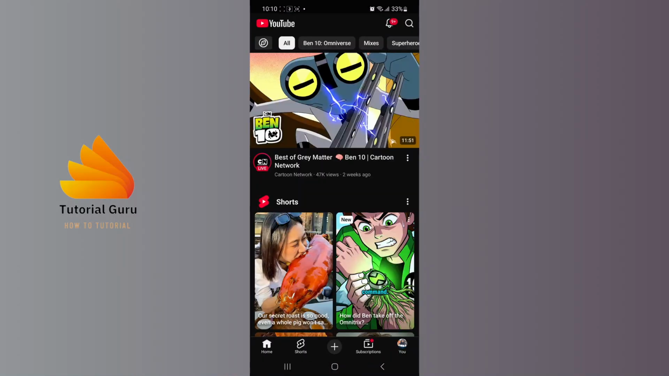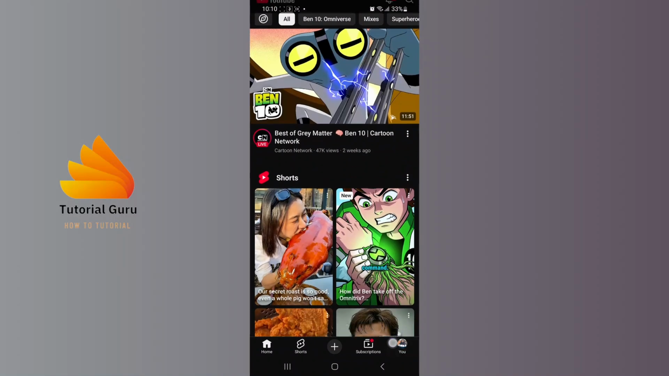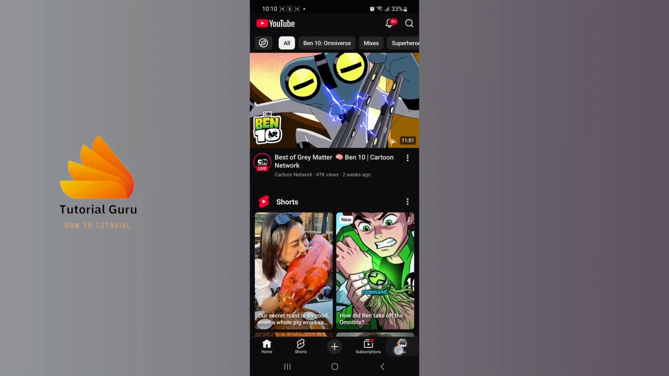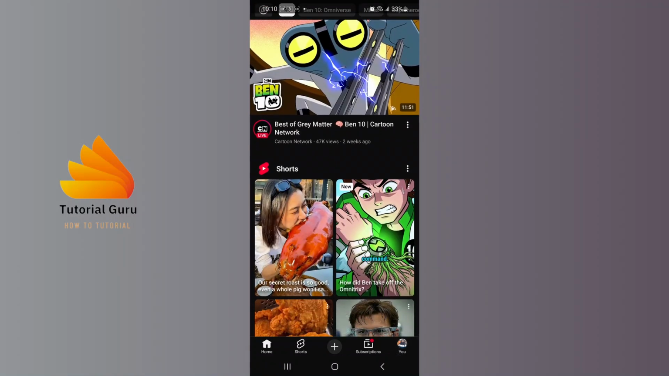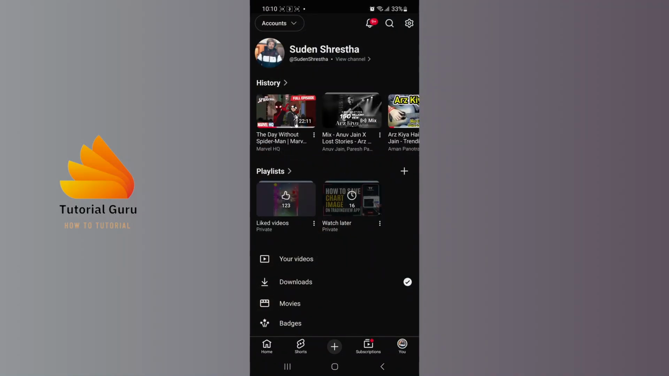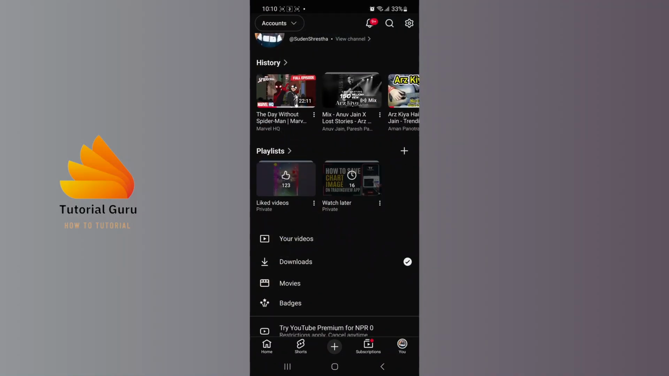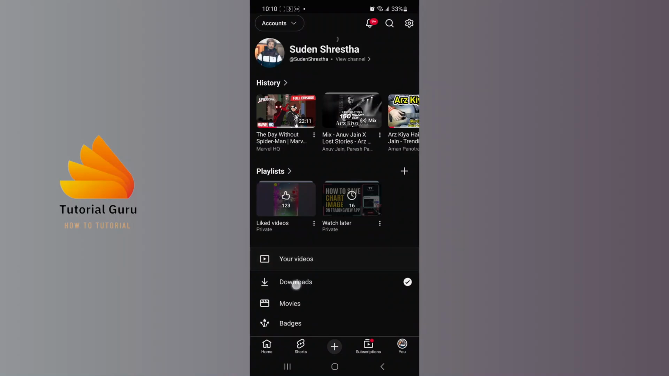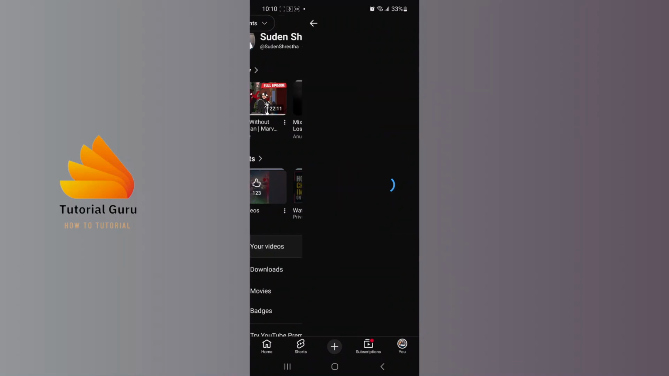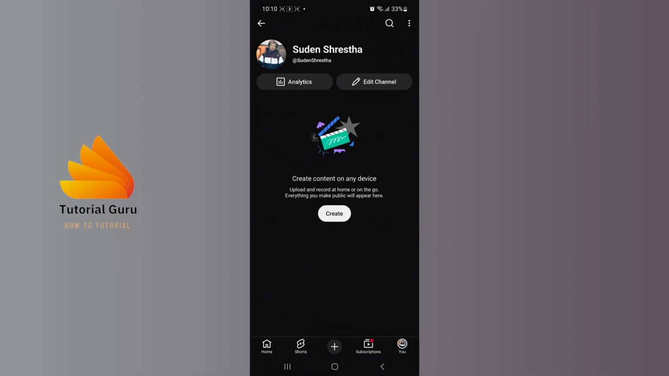And after opening your YouTube app, guys, on this interface at the bottom right corner of the screen, you can see your profile picture icon or the button that says You. Tap on it, and you can see over here there it says the Your videos option available for us. Tap on the Your videos button, and over here, guys, you will be able to see the videos you posted on